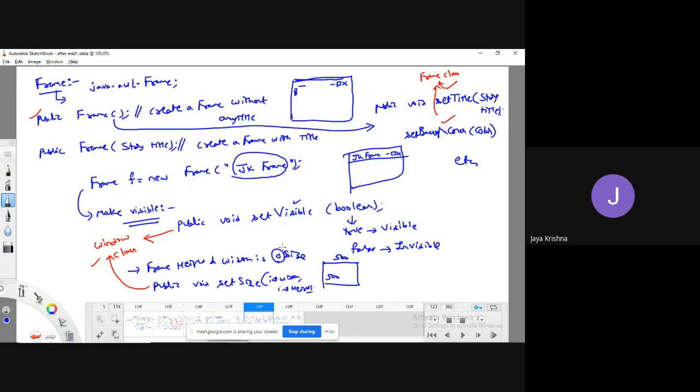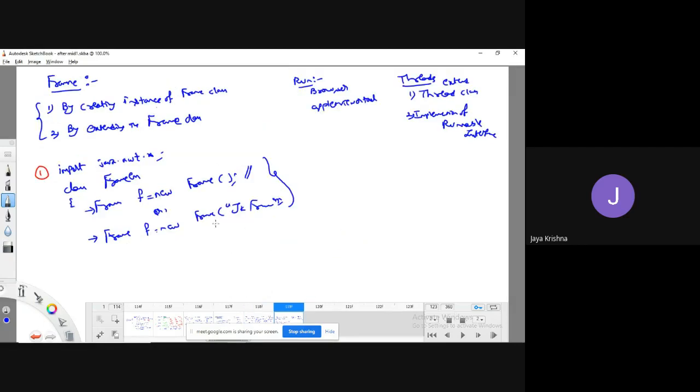No. What is the height and width of the frame? Zero size. So for every frame you must set the size compulsorily, because if you didn't set the size, by default it has zero size, so it won't be visible to the user. Also, by default every frame is invisible, so to make it visible you have to write setVisible(true). These two are compulsory for everything.